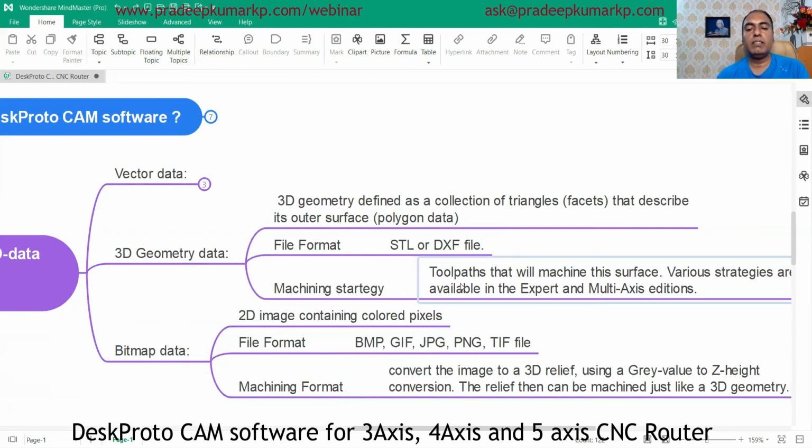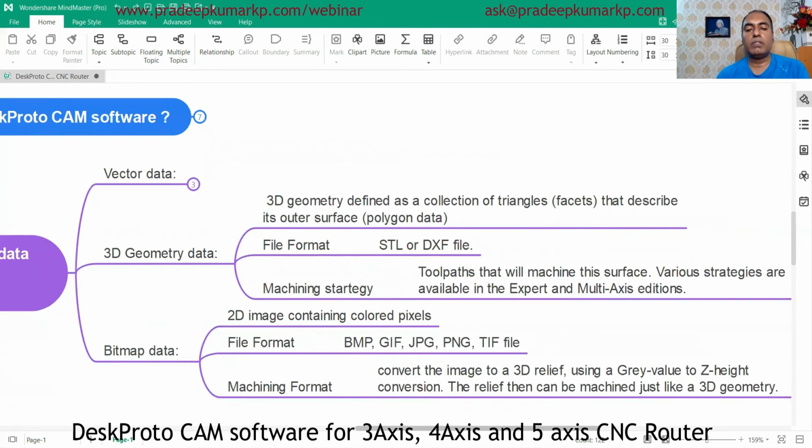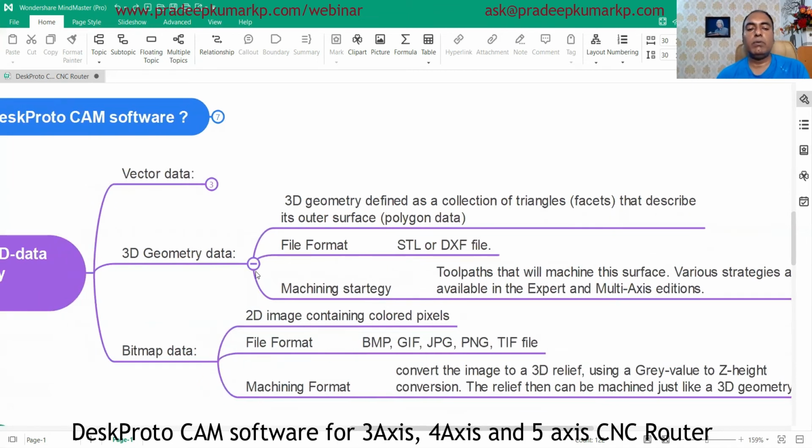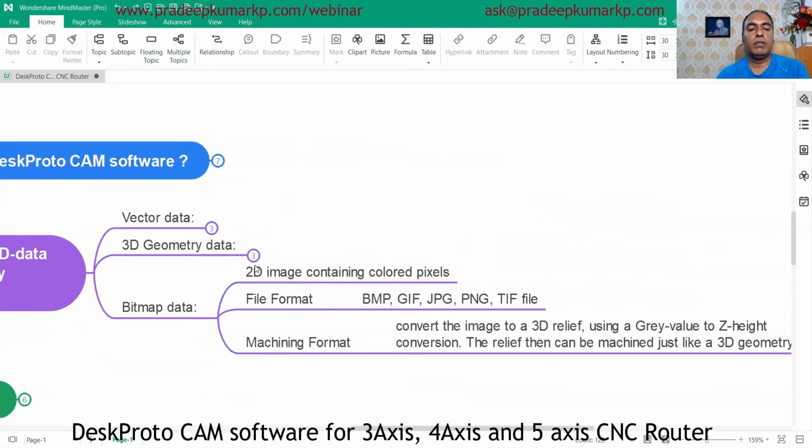And the machining strategy, that is the toolpath, will machine on the surface, whatever the design surface is. Various strategies are available in both the expert version and the multi-axis version. Many strategies are available for machining a 3D file, 3D geometry.